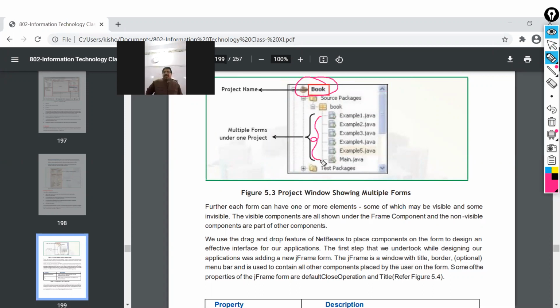You see, one form is example 1, another is example 2, example 3, example 4, example 5. Like that, you can have many forms inside your project. So please keep it in mind whenever you are doing any work. First of all, you must create your project, and after that, you can make whichever type of form you are going to make. I hope you have understood all these topics, my dear.